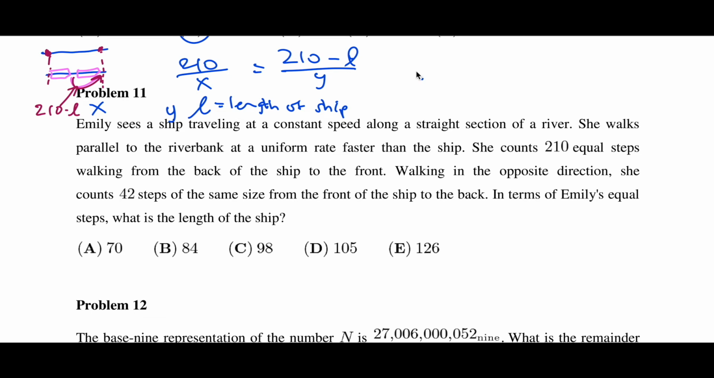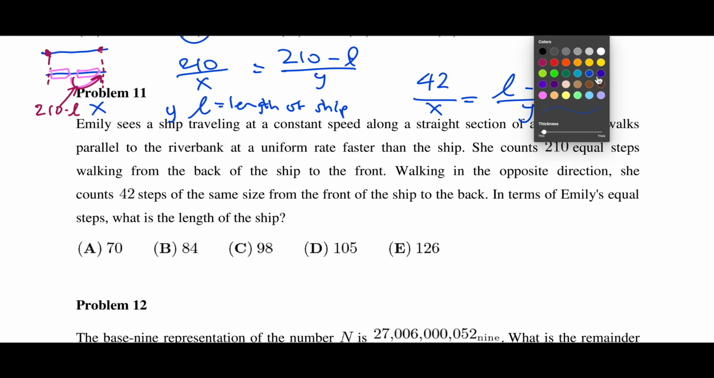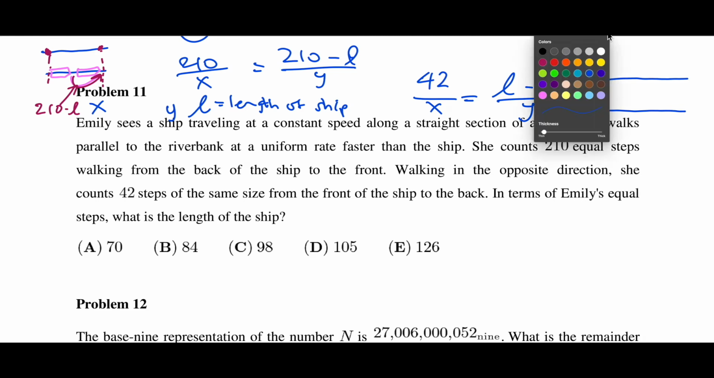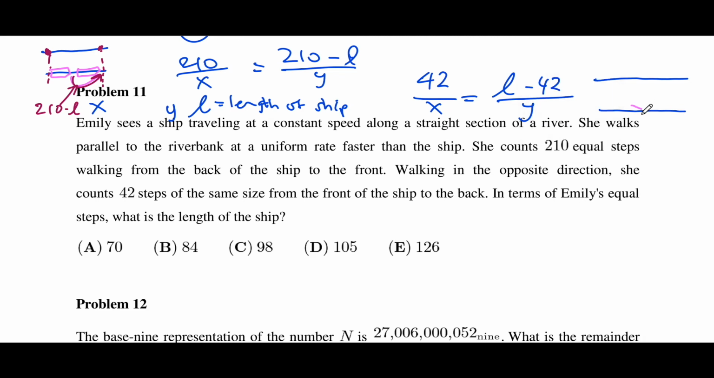And now the second case, the time that Emily traveled is 42 divided by X. And the time that the ship traveled is L minus 42 over Y. Okay, so you might wonder why it's L minus 42. Let's draw another picture for that. So this is Emily's line, and this is the ship's line. The ship starts here,